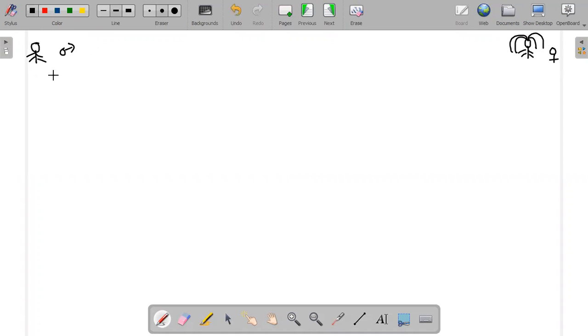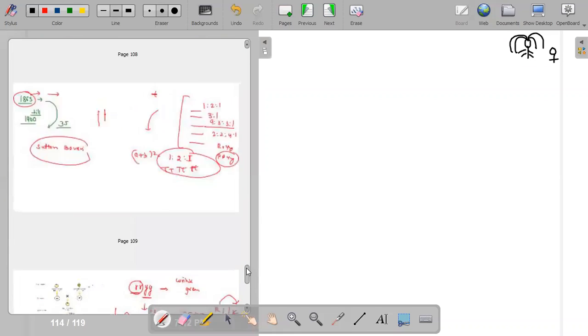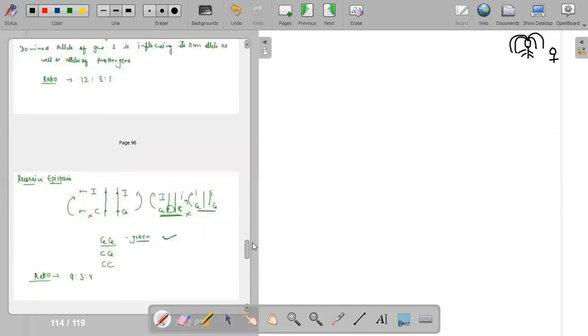Father has so many types of cells, various types of cells, and every cell has 46 chromosomes, that is, 23 pairs. This is known as the 2n condition, and this is known as diploid. What is the meaning of diploid? The chromosomes are actually in pairs. I told you pairs earlier.